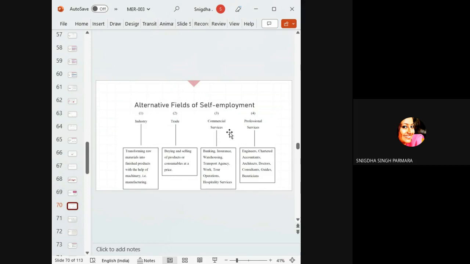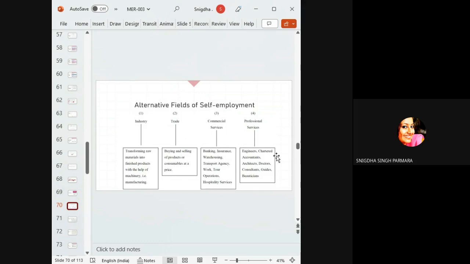Commercial services, when a commercial facility is being provided, for instance transport services, banking services, insurance services, hospitality services, all these hotels, ITC, Taj, or transport agencies, for instance Air Asia, Vistara, Go Air, and all the banks, the national banks, the private banks, the public sector banks, the foreign banks, or the rural banks. Any kind of such facilities, such commercial services